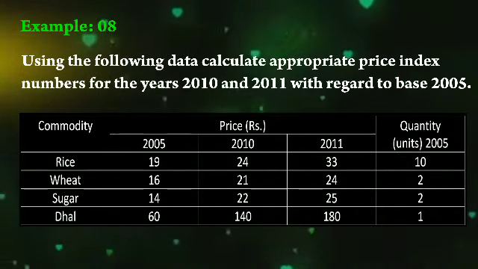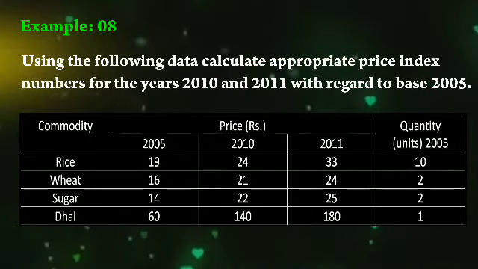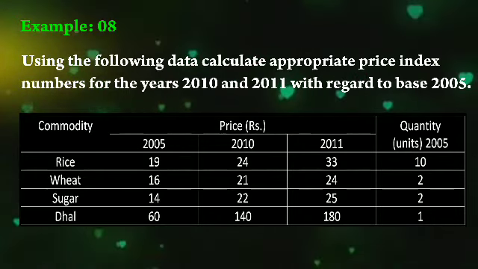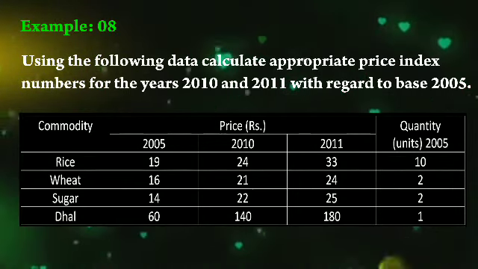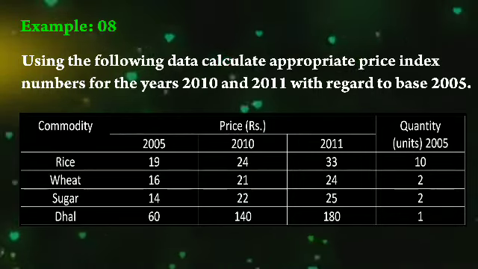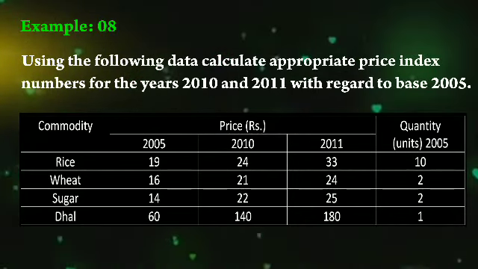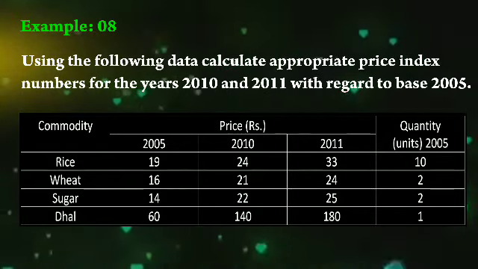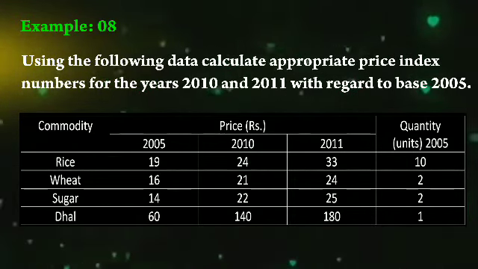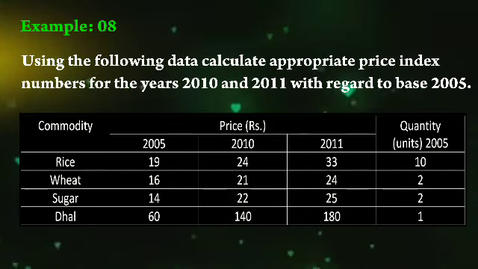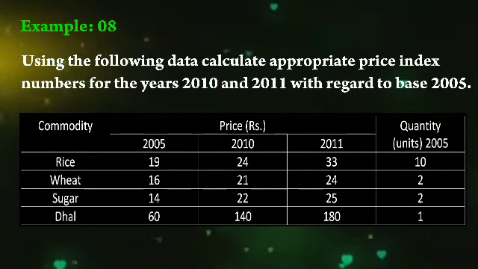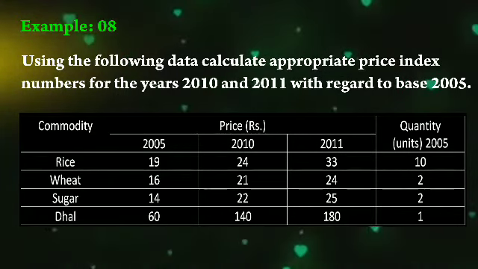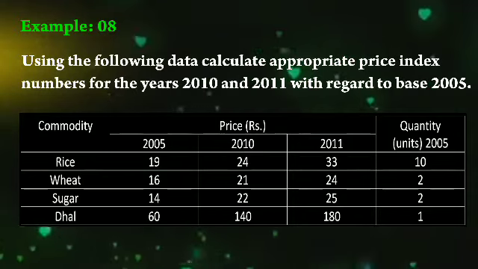You should find the index numbers for the 2 years, 2010 and 2011. So your question is to construct 2 index numbers where only base year quantity values are given. Which index number can be constructed based on only base year quantities along with the price values? It is only Laspeyres price index number, right? Because the Laspeyres price index considers the price values for the base and the current year along with quantity values of the base year,